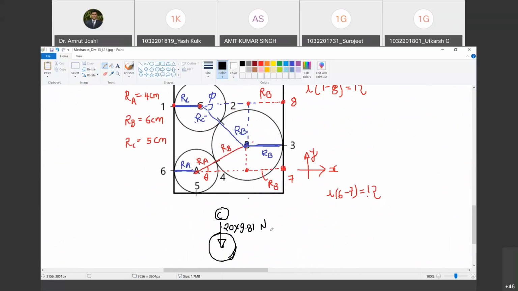Take it in kg? Yes, you can, but listen to me very carefully. Whenever the system of units used in the problem is SI units, that is, whenever we are talking about kg and all other things, it is customary that we will maintain the force in Newton. You can write it as kg force.